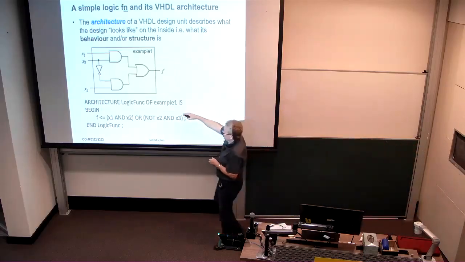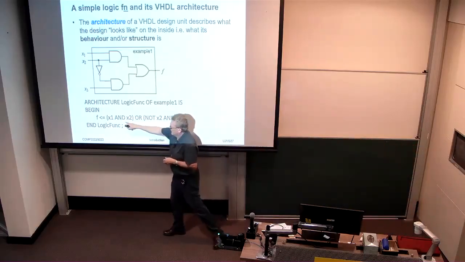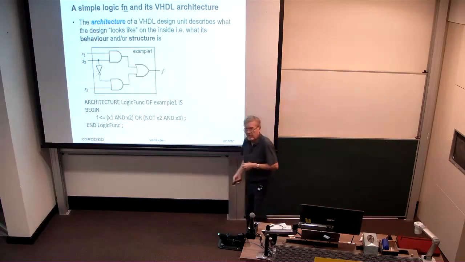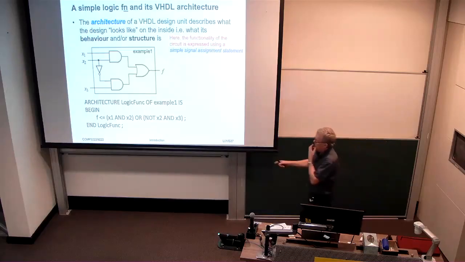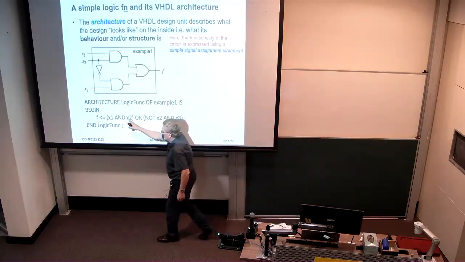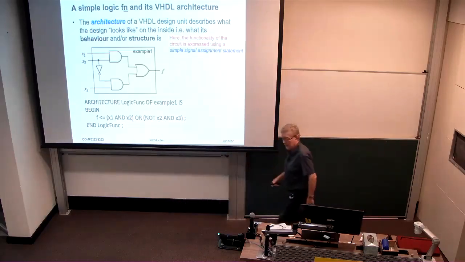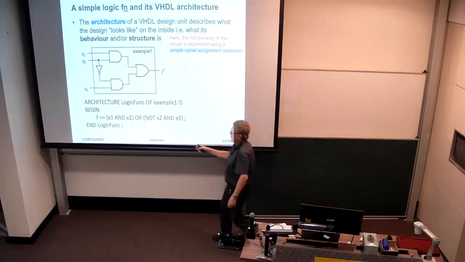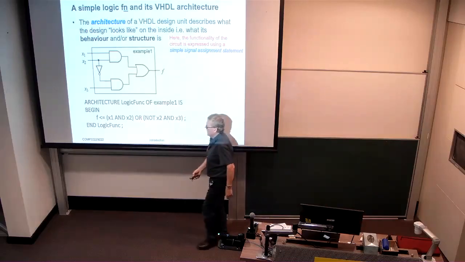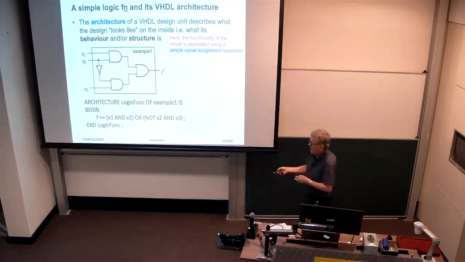Here's our architecture, and it involves a simple signal assignment statement there, which tells us that F is assigned X1 and X2, or not X2 and X3, and we don't really need to know more because VHDL knows what a NAND gate is, it knows what a NOR gate is, but it doesn't know how you want to combine them,